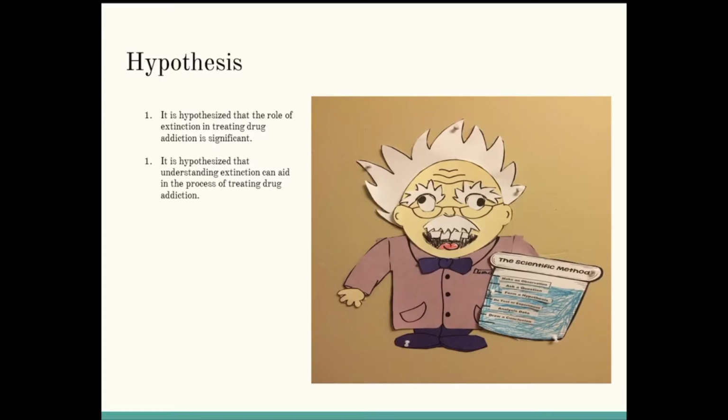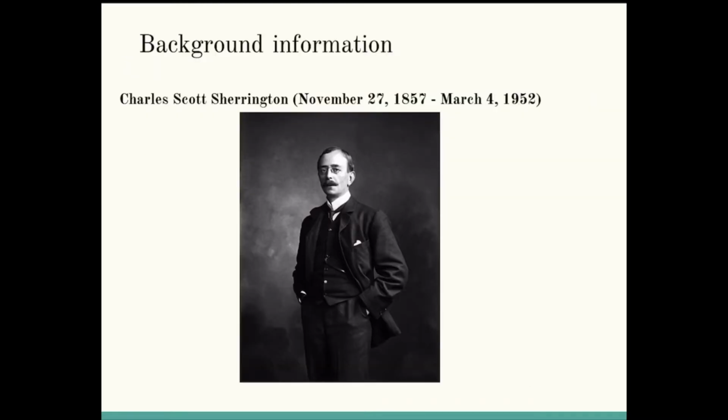Extinction is defined as a process of breaking a previously established stimulus relationship by the removal of reinforcers and relevant stimuli, causing a reduction in the response. The learning principle extinction was first discovered by Charles Scott Sherrington in 1906. Originally, Sherrington suggested that changing the physical properties of the stimuli or changing the nerve connection will cause the extinction of a reflex. He studied the extinction of startle responses and spinal reflexes in a white rat.